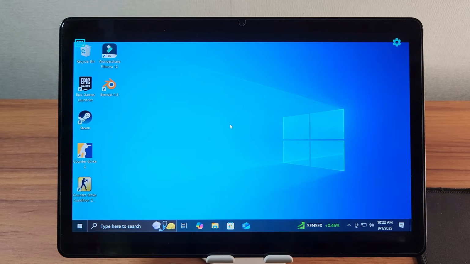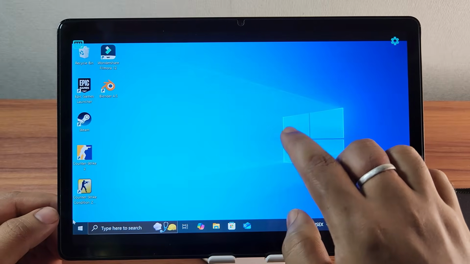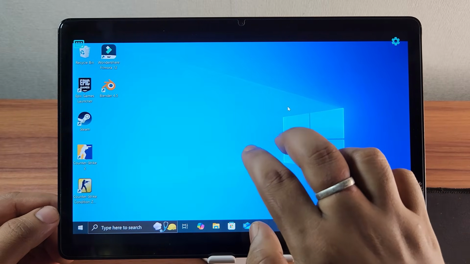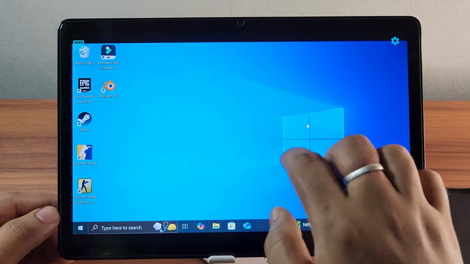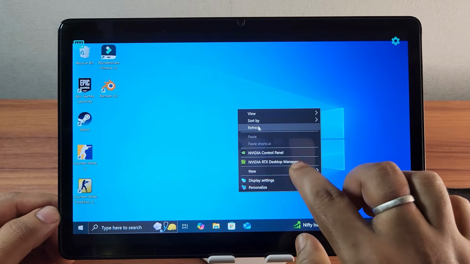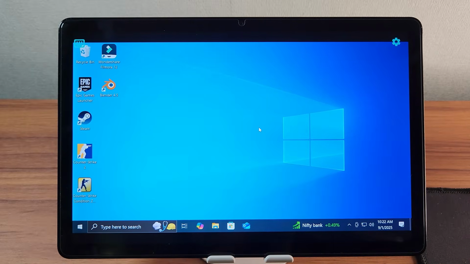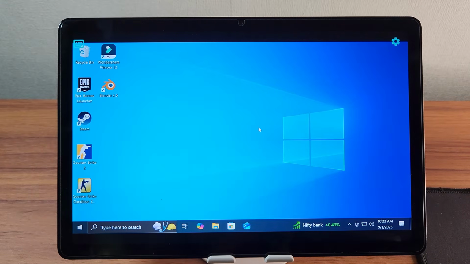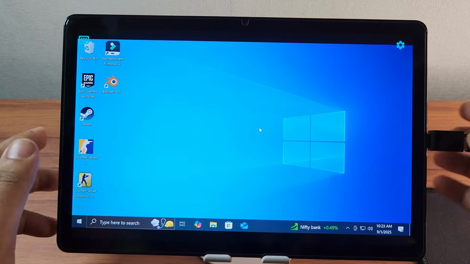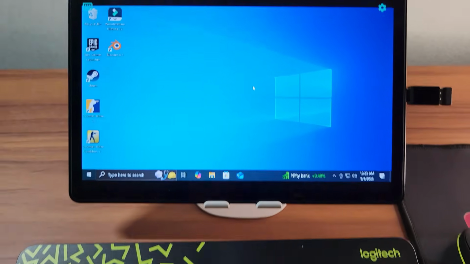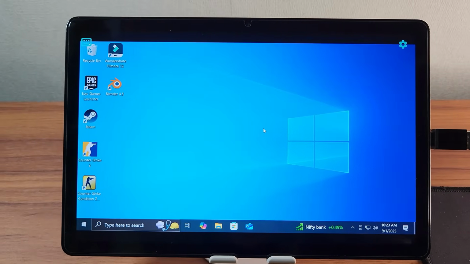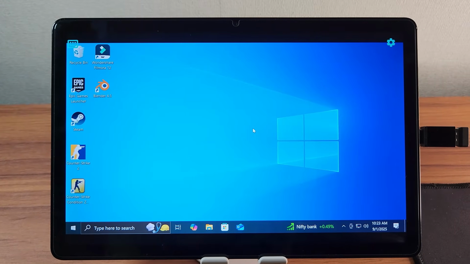Now you should see a full Windows desktop on your phone or tablet screen. You can control Windows with simple touch gestures such as tap to click, tap with 2 fingers for right click, and swipe to scroll. For typing, enable the on-screen keyboard. If you need to type a lot and do precise work, connect a Bluetooth keyboard and mouse for a laptop-like experience. A USB hub also works for connecting external devices. For gaming, you can also use a Bluetooth controller.